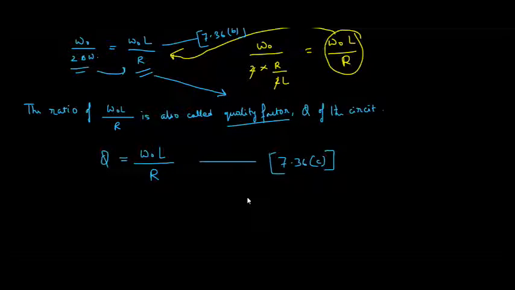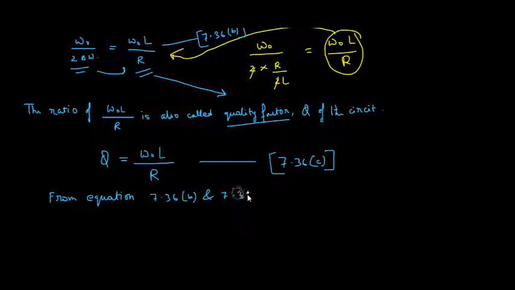From equations 7.36b and 7.36c, we see that 2 delta omega is equal to omega naught by Q. So from equation 7.36b and 7.36c, what we see,